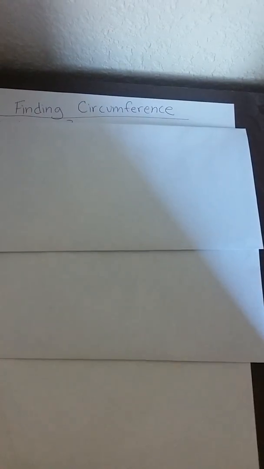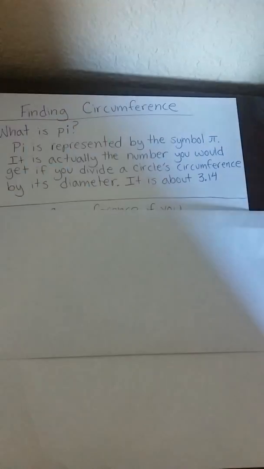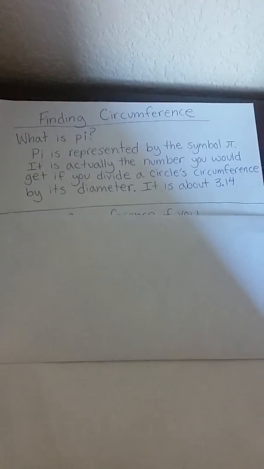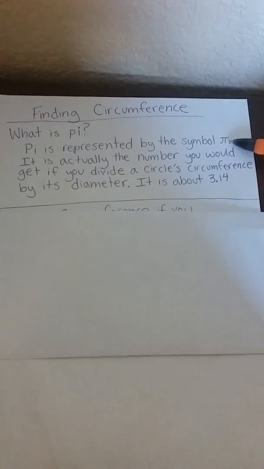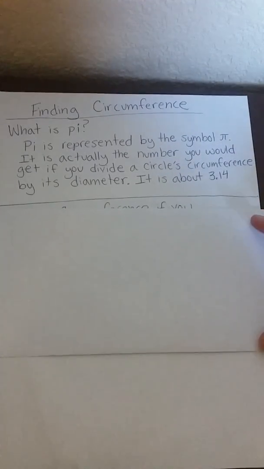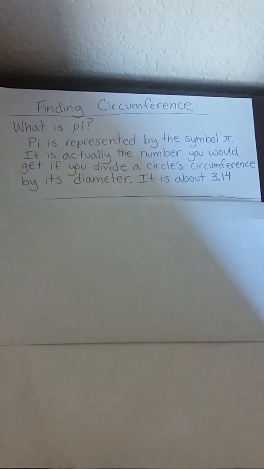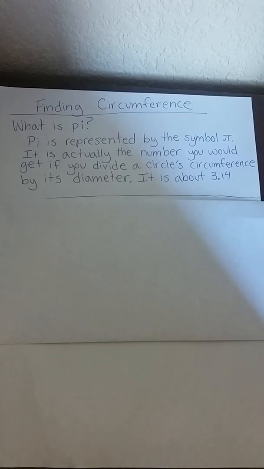Before we can talk about circumference, we first have to talk about something called pi. Now, what is pi? Pi is represented by the symbol π. It's actually a Greek letter and it's pronounced pi. It is actually the number you would get if you divide a circle's circumference by its diameter,